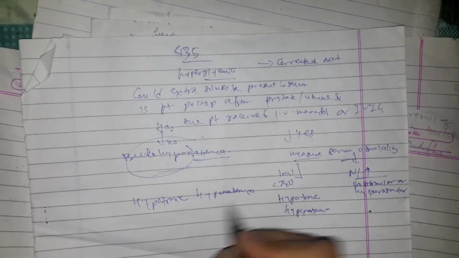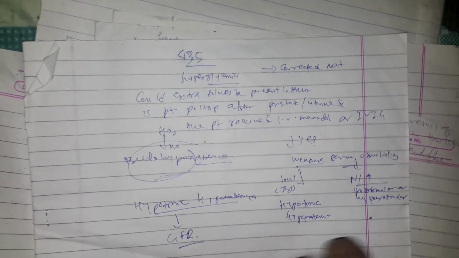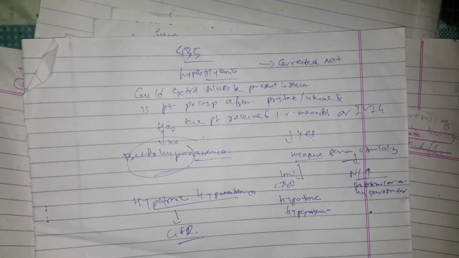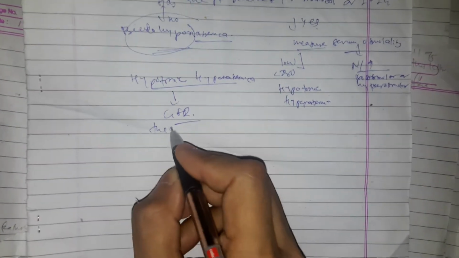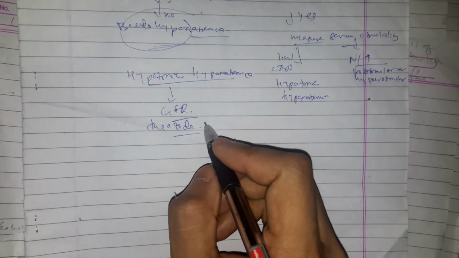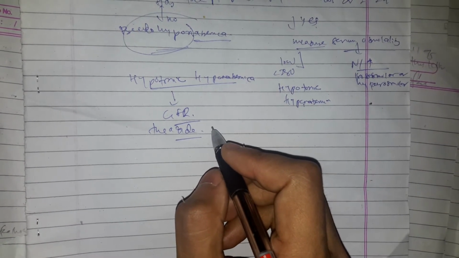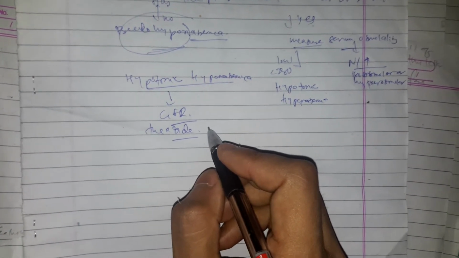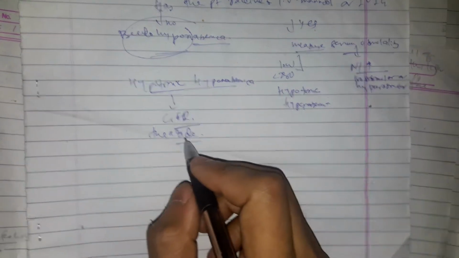And if the answer to these questions is no, or there is no pseudohyponatremia, then it is hypotonic hyponatremia. In that case you have to see GFR. If GFR is impaired, then the cause is renal failure. And if it is normal, then you have to check whether the patient has used thiazide diuretics or not. If a thiazide diuretic has been used, then stop it. And if hyponatremia is resolved, then it is due to thiazide-induced hyponatremia. And if it is not resolved, then you have to proceed further.